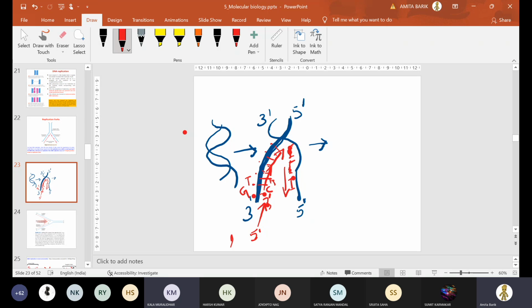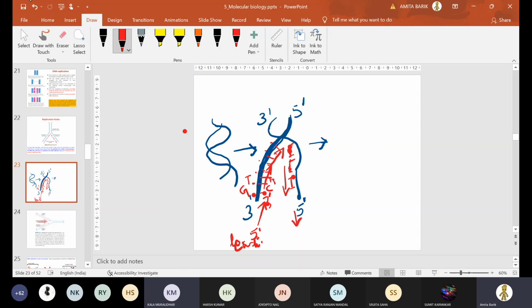So 5' to 3' is known as the leading strand, and the other strand is known as the lagging strand. Okay, so the leading strand is the continuous one, and the lagging strand is the discontinuous one. At the end, what we are getting,